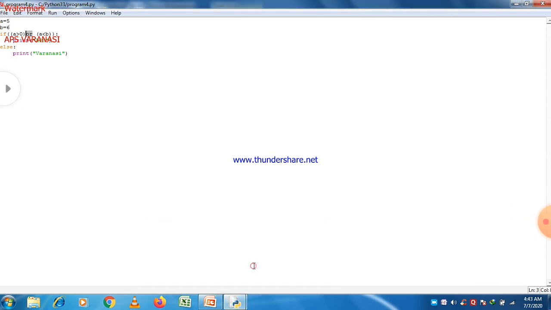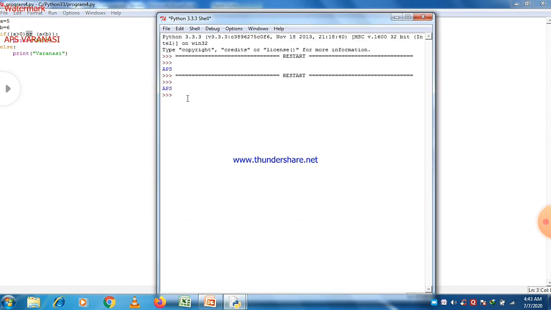This is the Python interactive shell, and here we can write 5 is greater than 0, and, separating the second condition, 5 is less than 6.